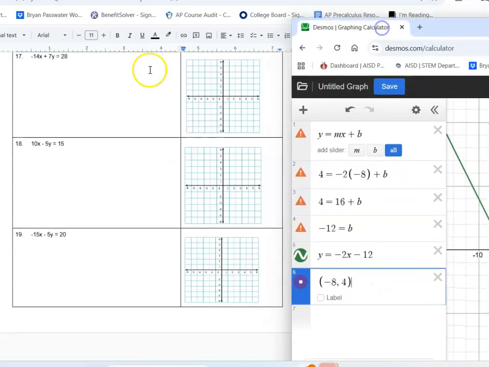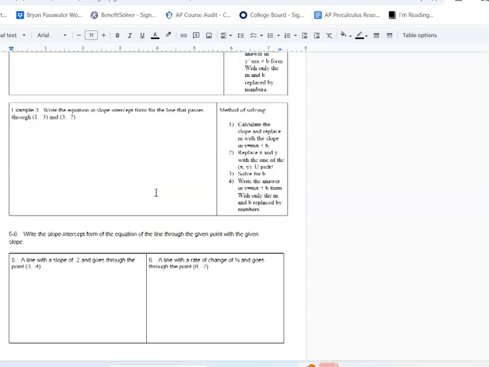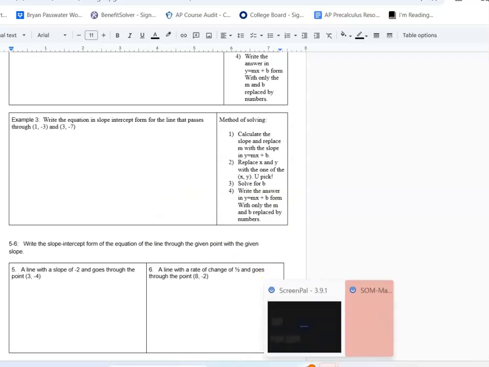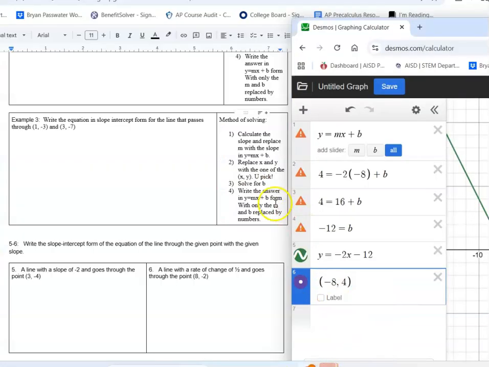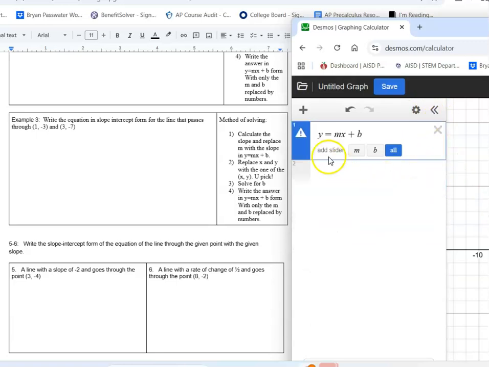All right. Next up, the next example I'm going to do is example 3. Example 3 is really just one more step to doing what I just did. The one more step is I have to actually calculate the slope, because it doesn't give you the slope, it just gives you 2 points. So we have: write an equation in slope-intercept form for the line that passes through 1 comma negative 3 and